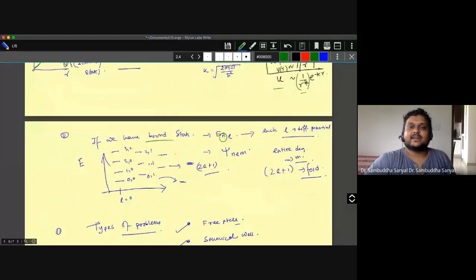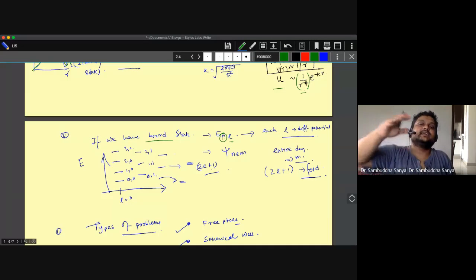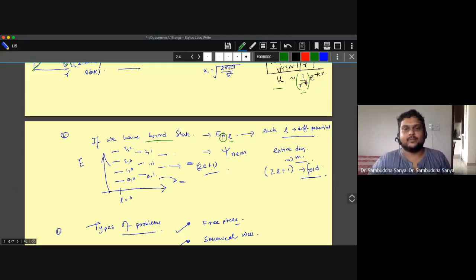So you expect that for each L you are solving a different problem, and this problem has its own set of n, its own set of bound state energy levels. So even if you don't know anything more about the problem, you can sketch the structure of the problem to be like that. If I plot the energy in this direction and L in this direction, for L equal to 0, I expect the problem will have this kind of structure. So n will change from